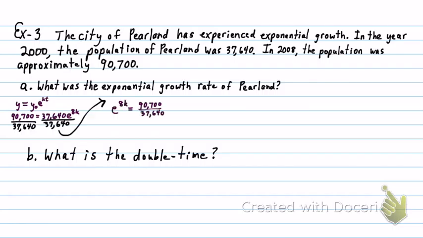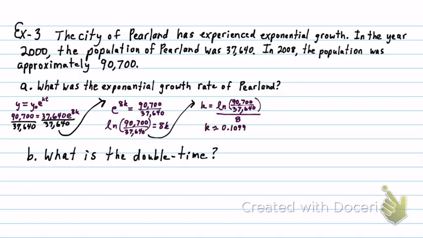So now we have the three parts. Our base is e, the exponent is 8k, and the right side here is my answer. So we have base, exponent, answer. Let's go ahead and write this in exponential form. And I don't want to lose any accuracy here, so I'm just going to leave that fraction as it is. We also need to divide by 8. So let's go ahead and find k. If you plug this into your calculator, you get about